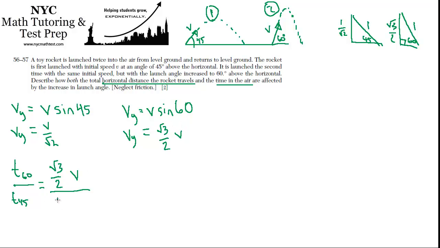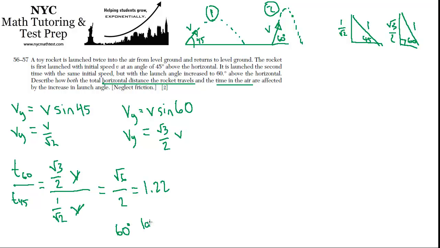And that's being divided by 1 over root 2v. So the v's cancel, and all you're left with is these fractions. So you have root 3 times root 2, which is going to be root 6 over 2, and that turns out to be equal to 1.22 something. So you could say that the hang time of the 60 degree launch angle rocket is